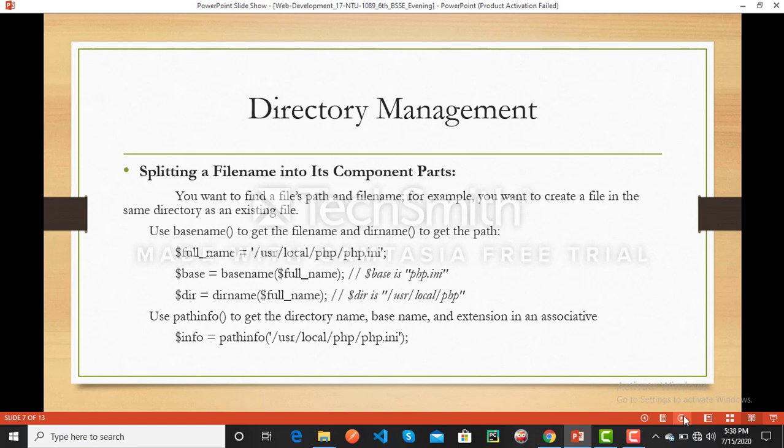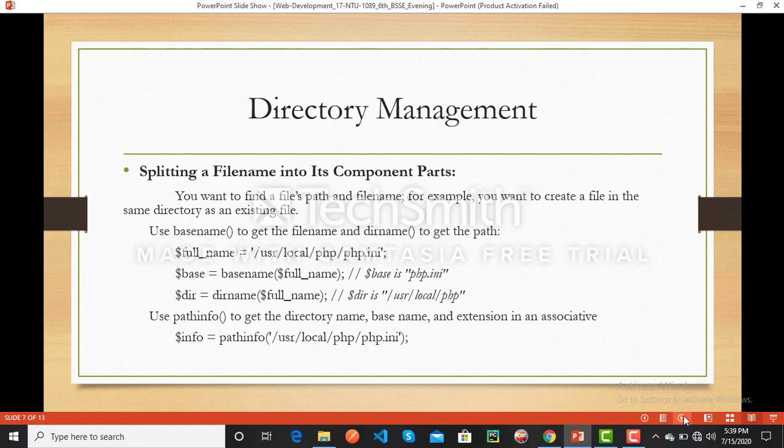This is the function of basename. Then dirname on the full name is particularly useful in combination with a special constant which contains the full path name of our current file. This is the function of dirname.